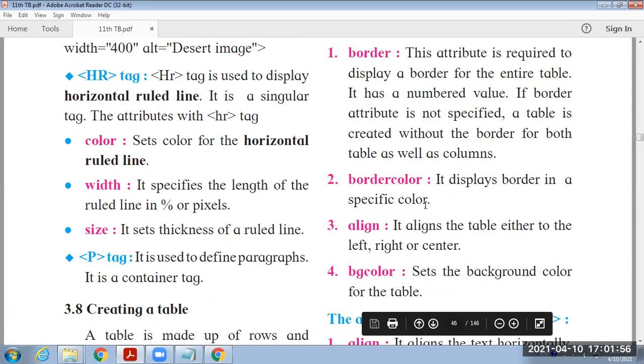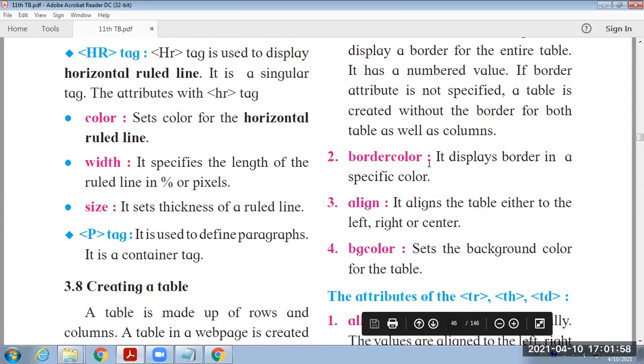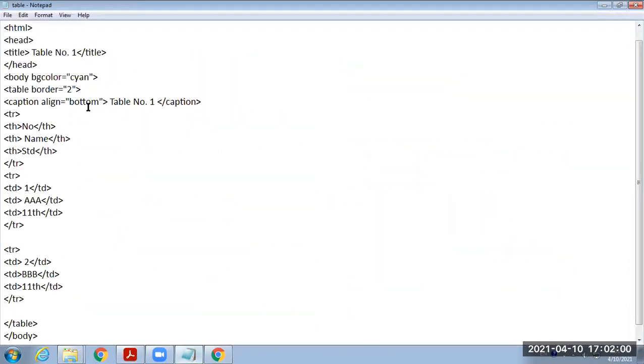First attribute is border, we already used it. Then second attribute is border color. Let's go here, table border, then here border color. These are the attributes of the table. Therefore, we have to insert all these attributes under this table tag. Here, just provide the border color as red.